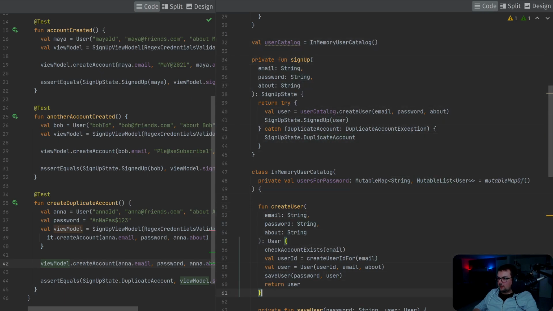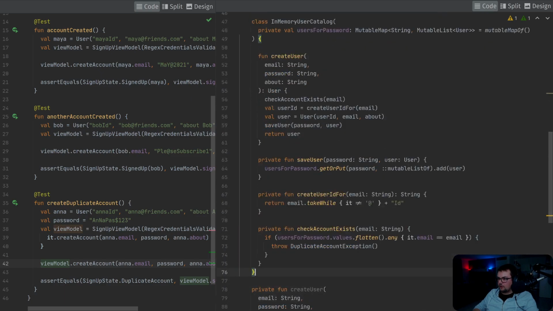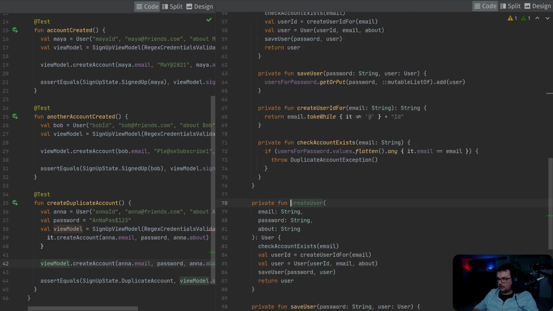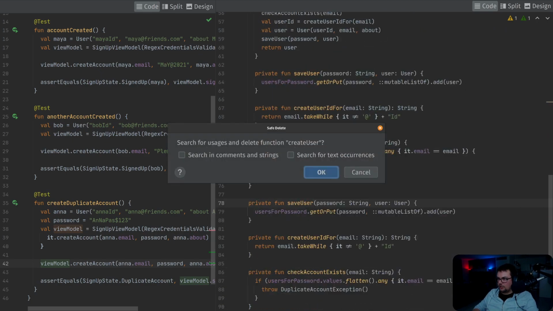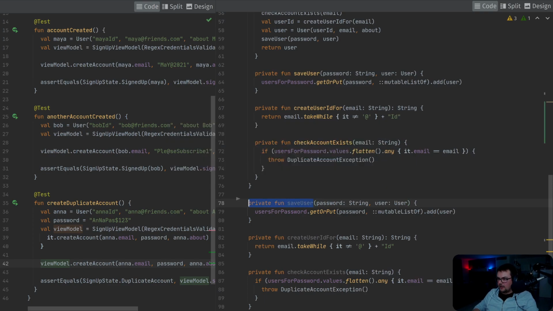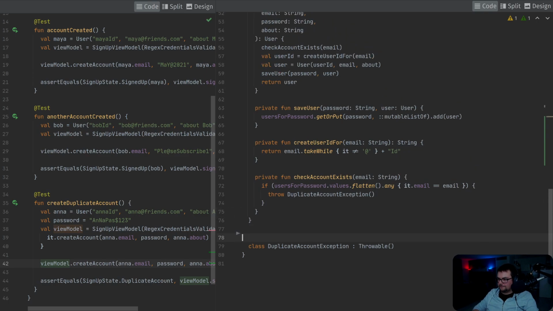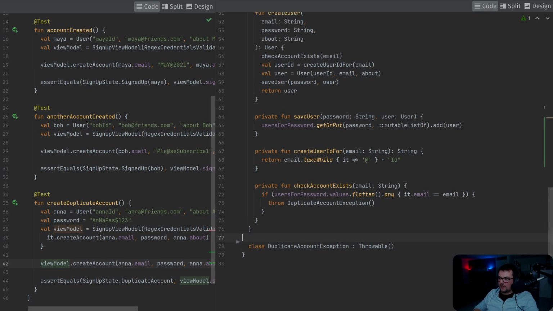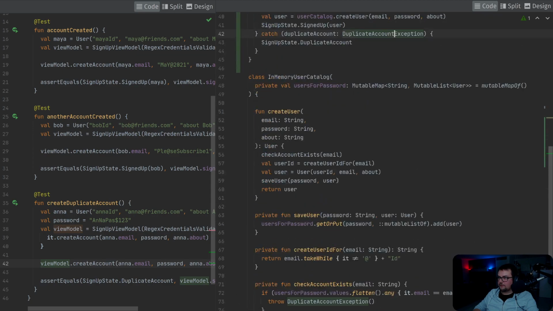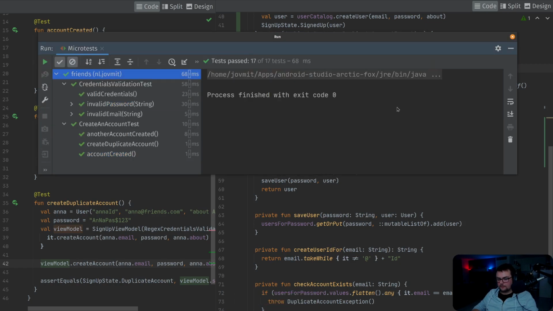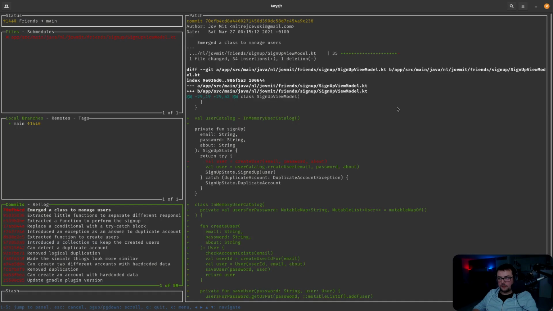And now what I can do, basically, there is some unused code here, because this create user function that we used to have is no longer used, and then all these other functions are becoming unused, and also this collection. Now what we have is a class for the exception and a class for managing the users, and that should still work, and it does. So let's check that in,